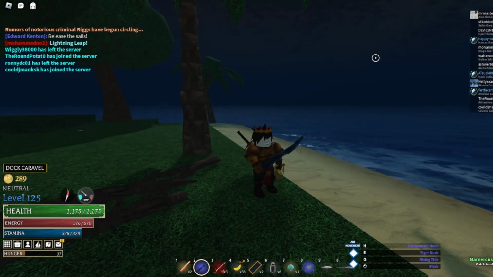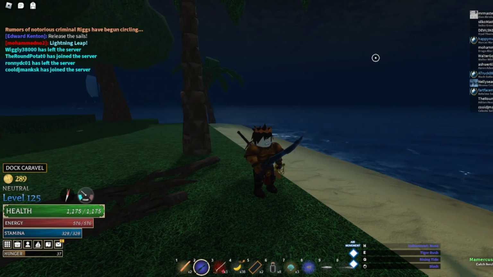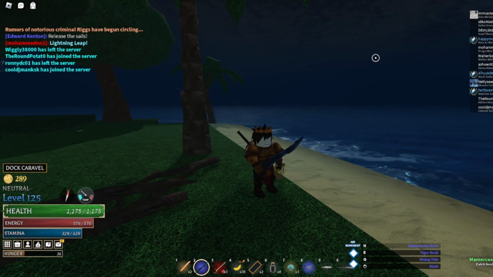At number 4, I have the classic sword. The reason this sword is not higher than usual is because there's very minimal options. Basically, the only classic swords in the game are the sunken sword and the classic sword, and the classic sword is really just not good, and the sunken sword can only be used with certain classes. The stats on this weapon are